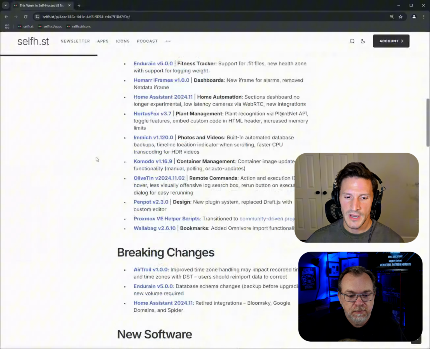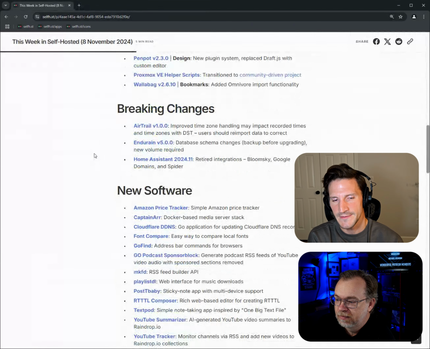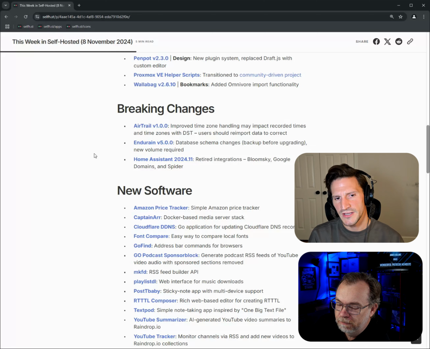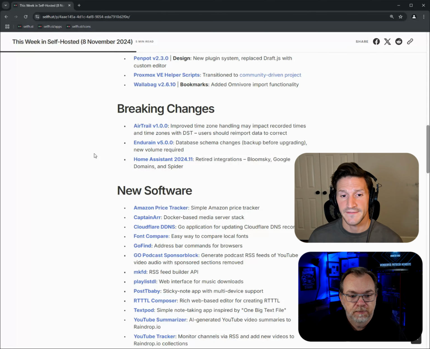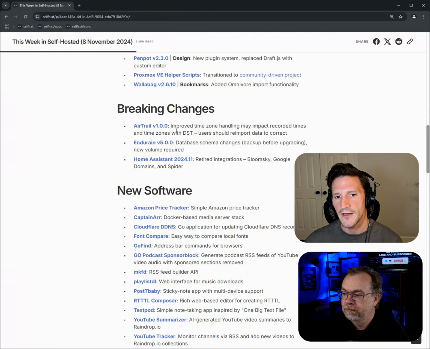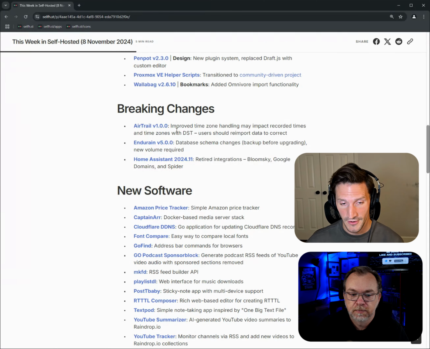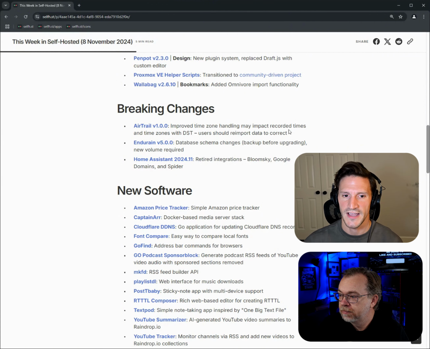So I'll jump into breaking changes really quickly, and then we'll move on to new software. We've also identified some things that have stuck out to us. But for breaking changes, AirTrail, if anyone's deploying that, it's a flight tracking system. Actually, also another relatively new platform and really cool, especially if you fly a lot for tracking flights. So they've made some changes to how they manage and handle time zones. I think there are just some changes people should make when they upgrade to the version 1 release here. Also, congrats on the V1 release. I'm sure that's huge and a great accomplishment for any project.